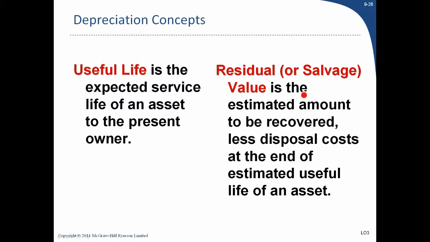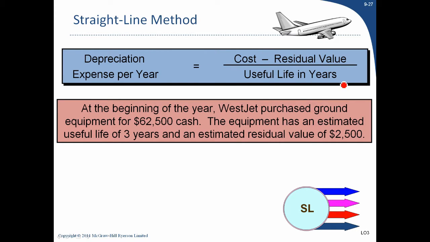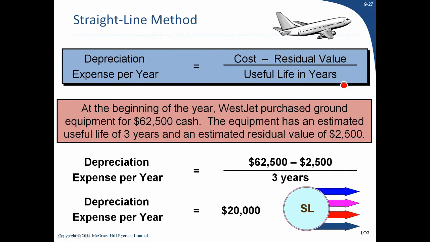Also called salvage value. You might be able to sell equipment for just scrap metal or something, right? Someone might pay you for it. So this is an expansion of our traditional straight line method. This is the first method. Traditionally, all we've done is cost over useful life. What we actually have to do is cost minus residual value as the numerator divided by the useful life in